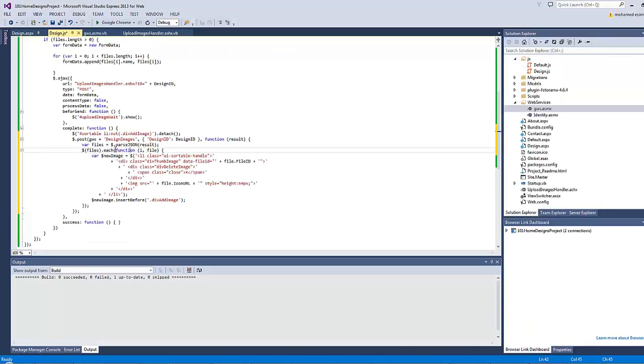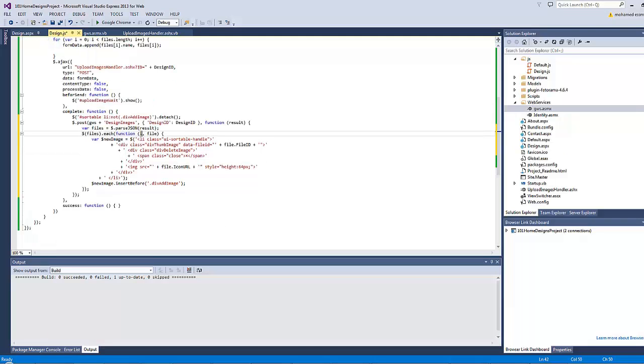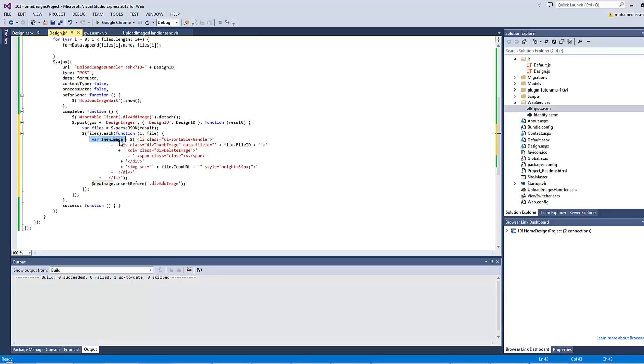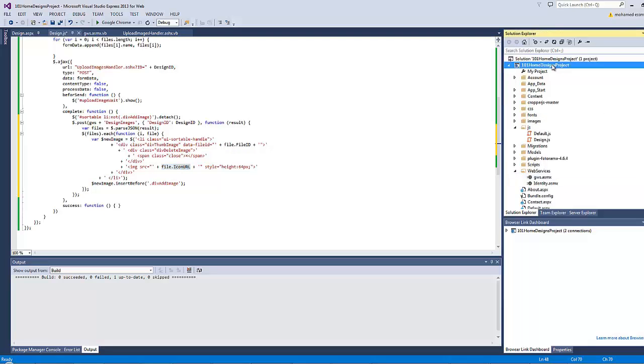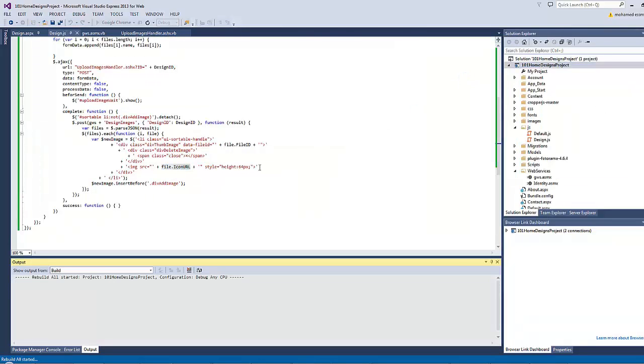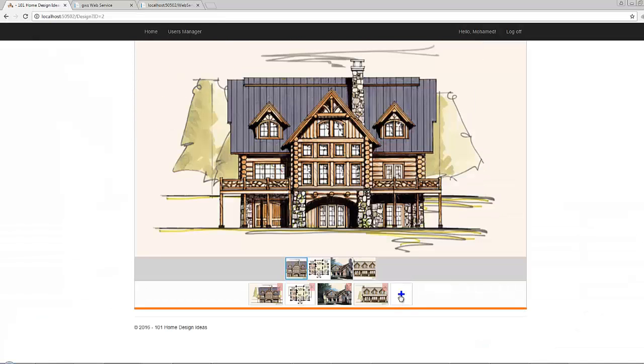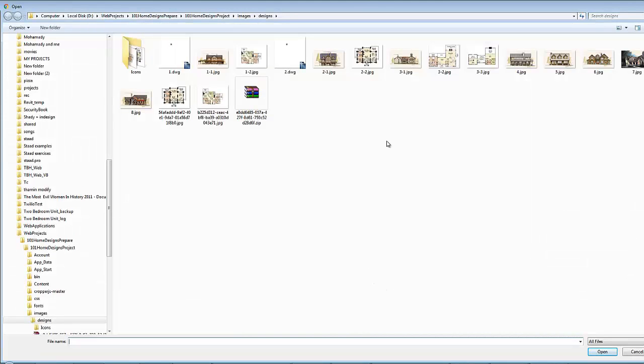For each file, the each function has an index and the object. So the object here has different properties, which are the file ID, the icon URL, and so on. All of those properties here. Var a new image. As you can see here, the file ID should be written here as the data file ID, and the file.iconURL should be placed here. If we rebuild our solution now to test this out, refresh our page, let's click the plus sign and select any image,